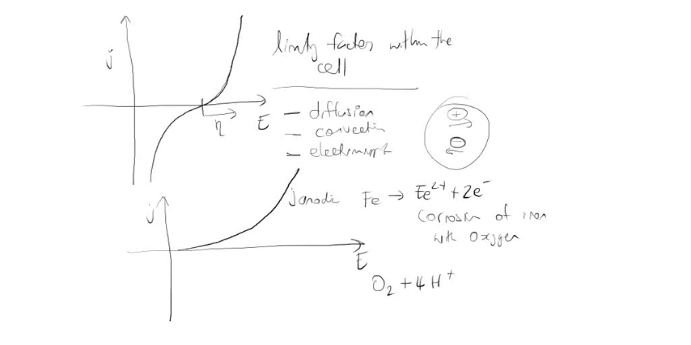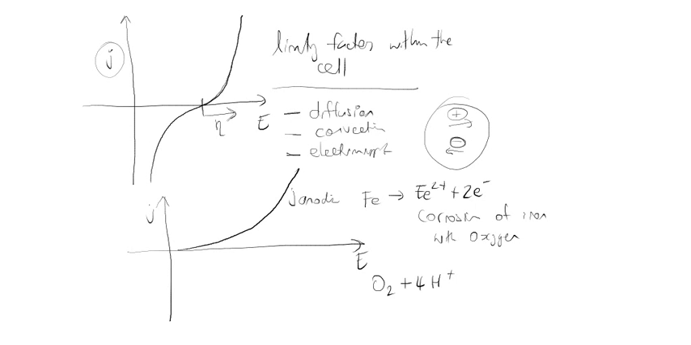So last time I was talking about how there are limiting factors within an electrochemical cell. That means that as we increase the potential, we won't get infinitely great current flowing, just because there are mainly transport effects going on. And I talked about